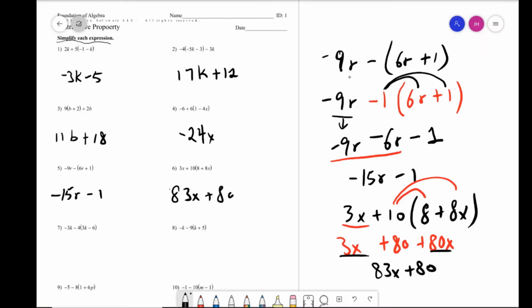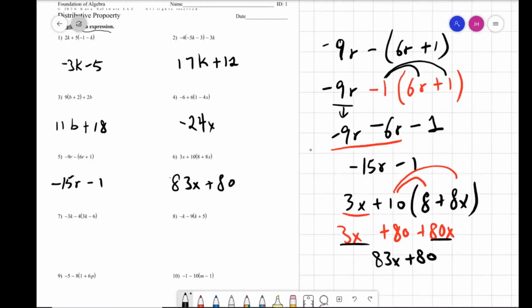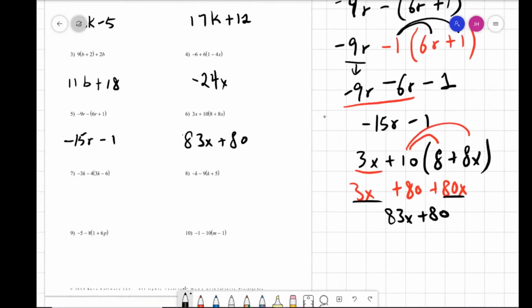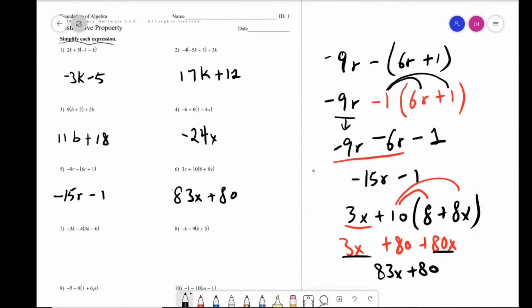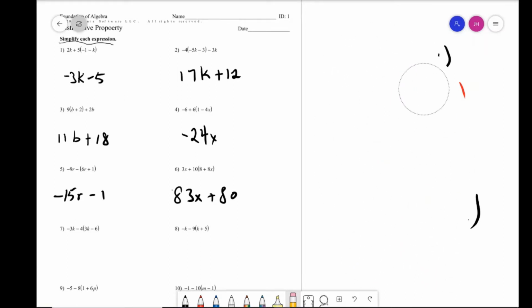I have seen some students just try to do reverse operations at this stage, but that is not the case. You only do reverse operations when you deal with equations. An equation is a statement that involves an equal sign. Just by the look of it, in numbers 1 to 10, we don't see any equal sign in here, so I'm dealing with expressions. Just to make things straight, and we'll go on with